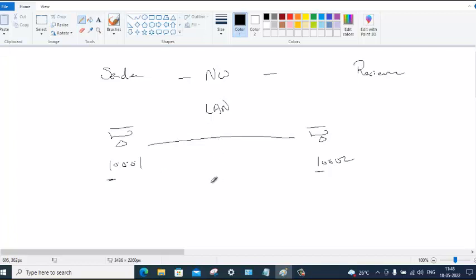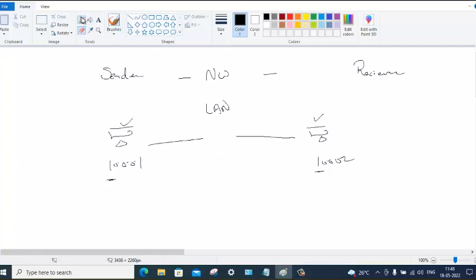You may have more than one device in a LAN. Right now we have two devices, but you may have more than two devices in a LAN. To connect more than two devices, we need some device in the middle so that we can connect more devices, so that these four devices can communicate with each other. So what they did is, initially they came up with a